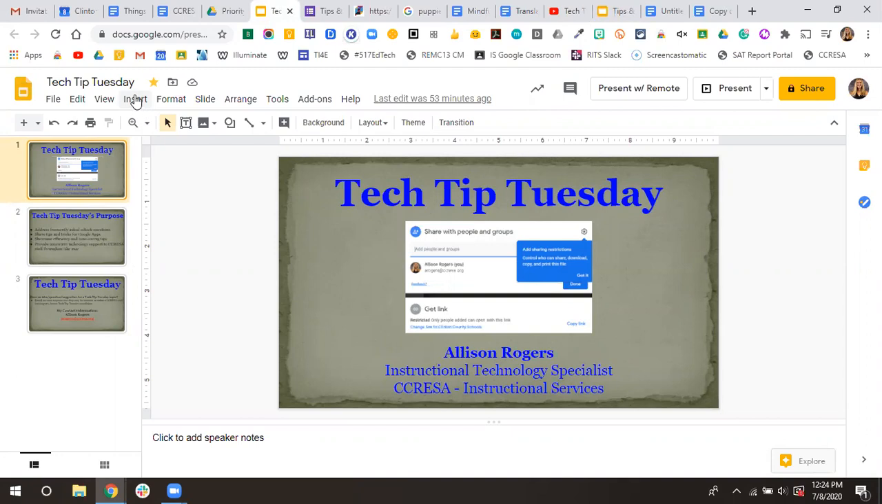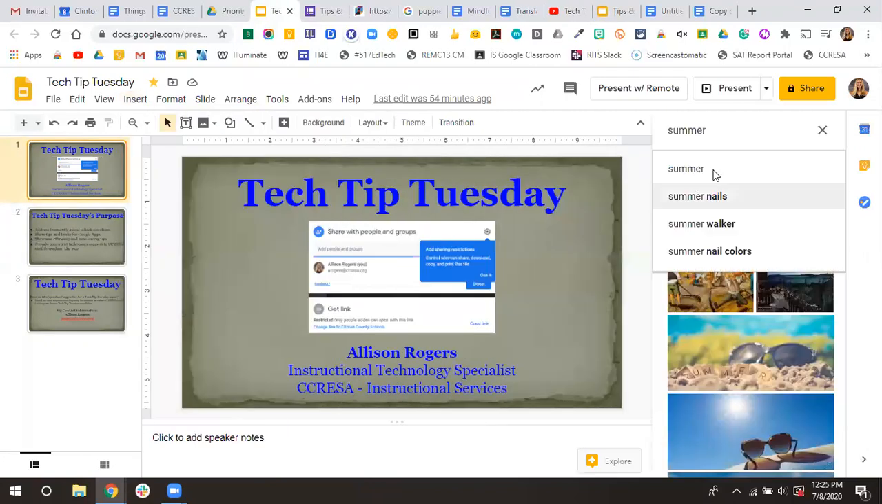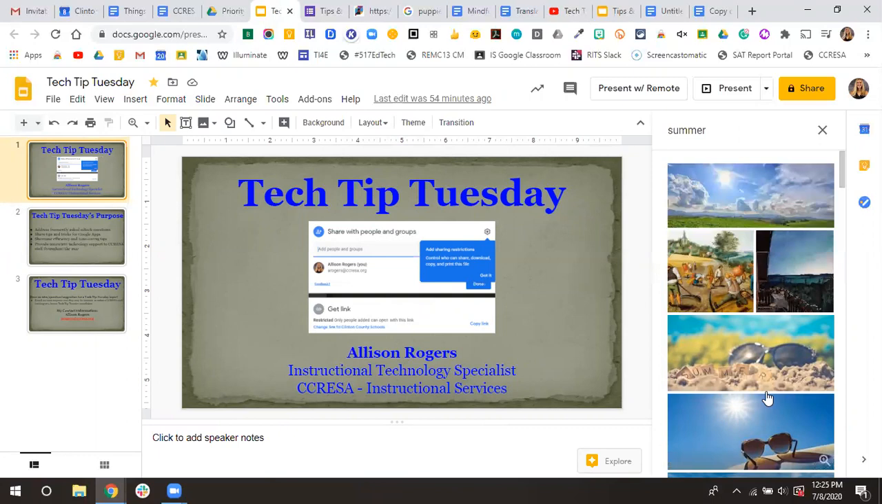So if I click on Insert Image, it gives me a couple options. I can upload them from my computer, search them from the web, all those things listed, right? But what's nice is Google has integrated this searchable tool within its slides and docs and stuff. So if I click search the web, it's going to actually let me search right here for a picture, and I can select it, insert it,